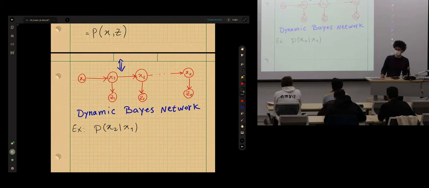The arrow from x1 to z1 means that given that we are at the state x1, this is the cause of observing z1. Clearly, we observe z1 at the same time step as x1, right? z2 is not caused by x1. That's the knowledge we see in this graph, and this is called conditional independence. So given a set of parent nodes for any node, that node is independent of the rest of the graph.